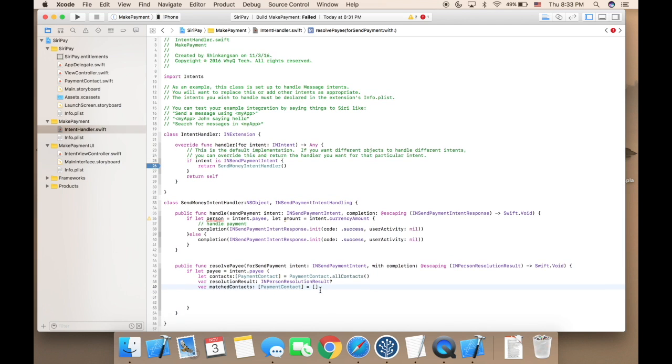So we need to consider different scenarios. The first one should be, what if you didn't find anyone available in your list? The second one should be, I only find one person in my list, which is the best scenario. But there's one more scenario, which is you find more than one name matching your list. So let's dig in. For the first scenario,